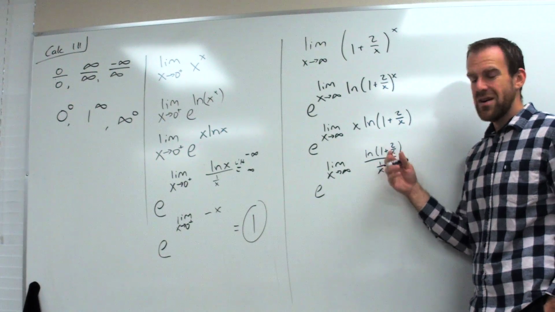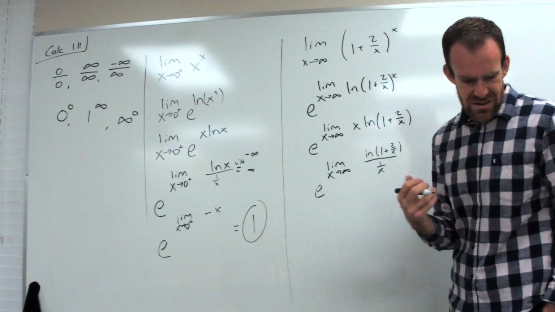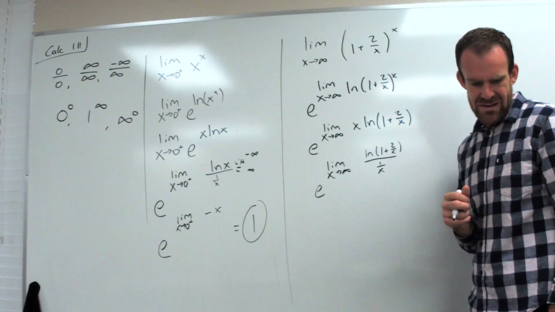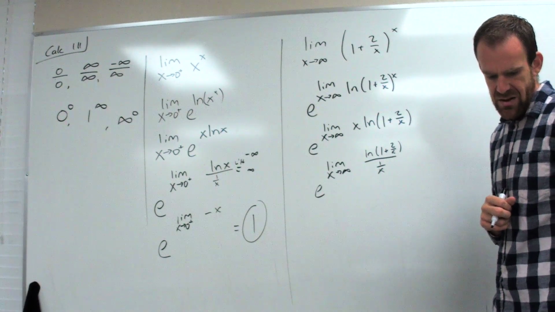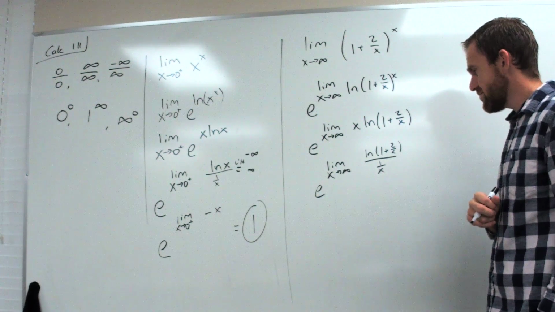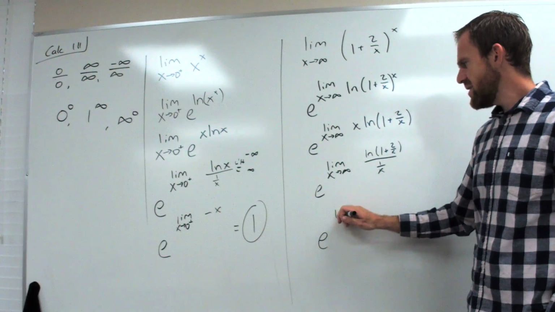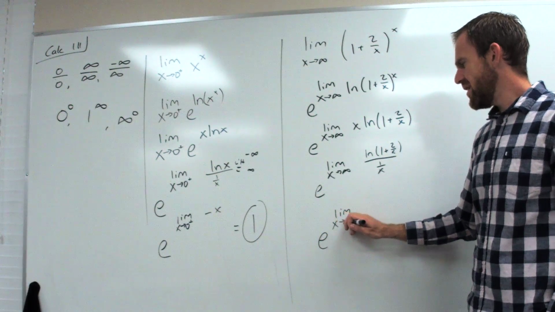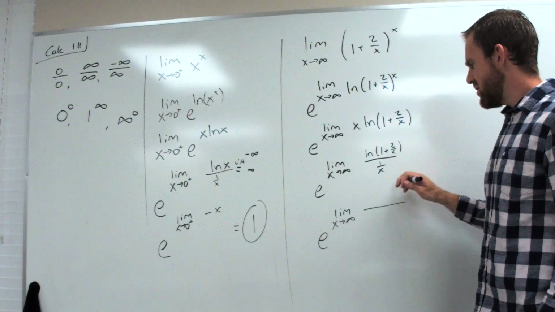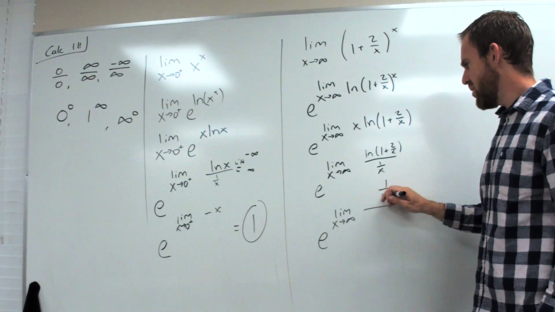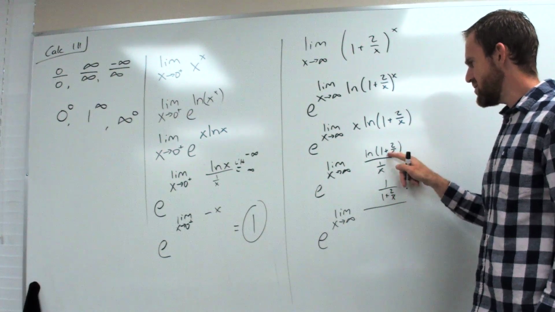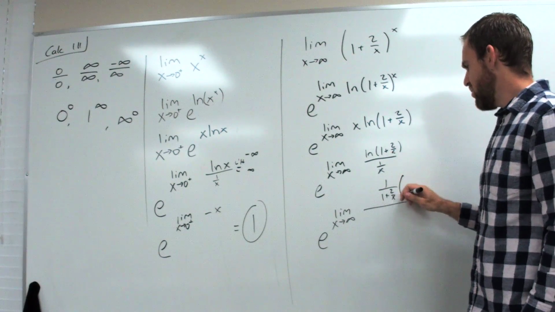That's also 0, so I have 0 over 0. When I take the derivative of that, I get something really gross. That's disgusting. All right, so I get e to the limit as x approaches infinity of the derivative of this, which is 1 over 1 plus 2 over x times the derivative of the inside, which is